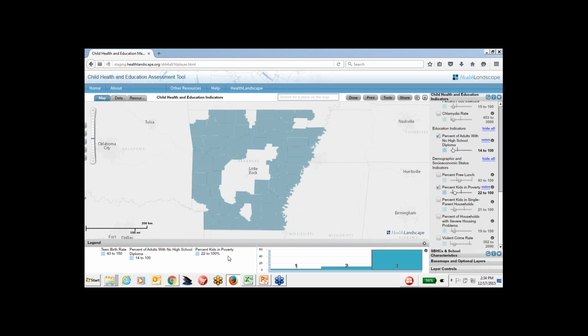And if I forget for some reason what I selected, I can again come over to my legend here, and it will tell me what the benchmark is that I've set for each of these individual indicators. Again, if I wanted to see more information about these counties, I can hover over them and get some additional key facts. So now that I see that there's a lot of counties in Arkansas that are potentially high need,